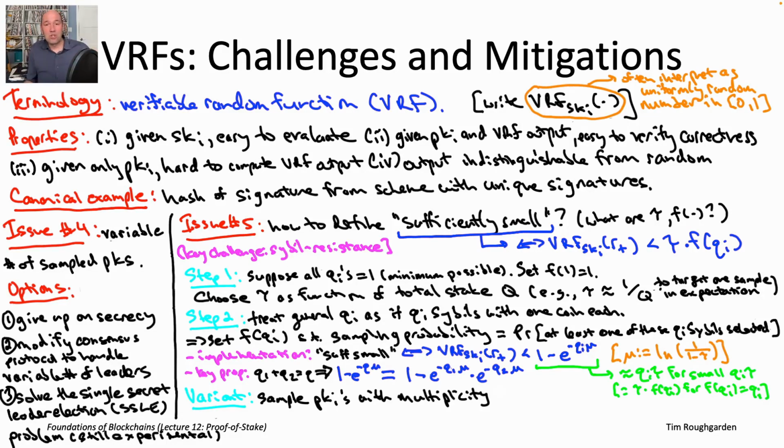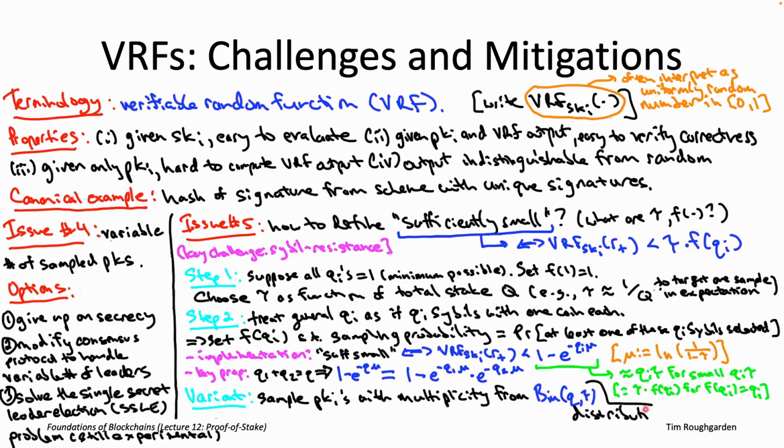And actually, that's a famous distribution, right? That's just the number of heads that come up when you flip Q coins each with bias tau, something known as a binomial random variable. Okay, so Bin(Q, tau), that's literally just the number of heads you get when you flip Q independent random coins, each of which comes up heads with probability tau.